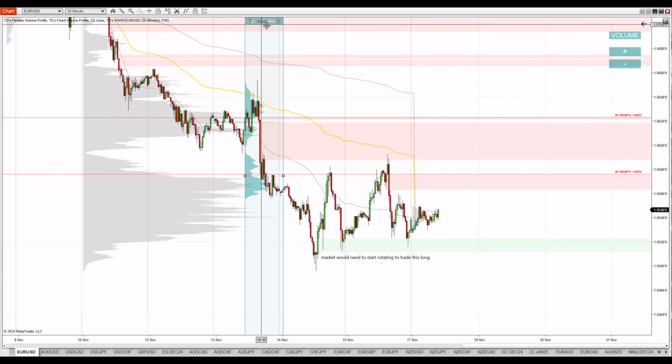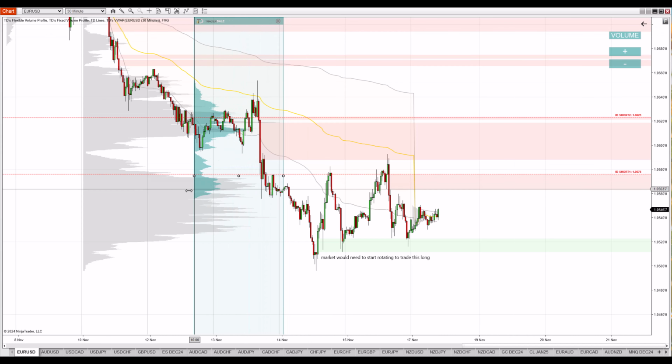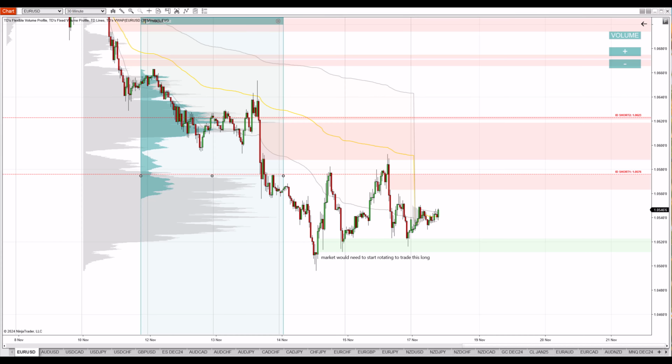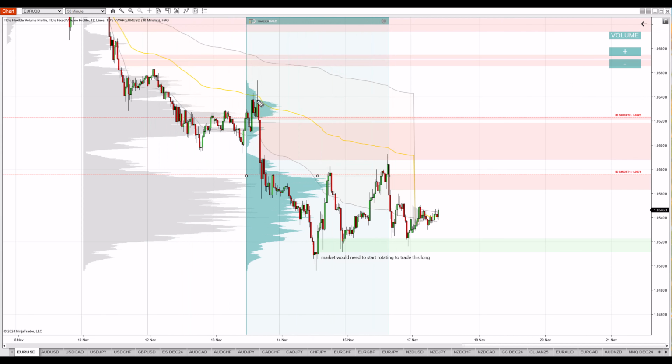Now, you can also use the flexible profile to look into this whole rotation area like this, which will show you that there were actually pretty massive volumes traded here, but the volume zone was rather wide to tell where exactly to place that trade. But since we have that rejection and that strong sell-off starting from this heavy volume zone, that's why I placed my level in here, in the beginning of that heavy volume zone